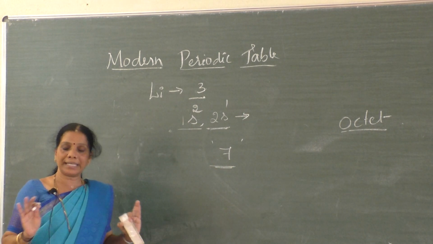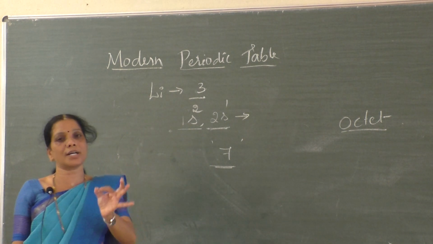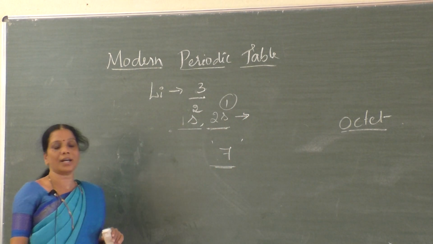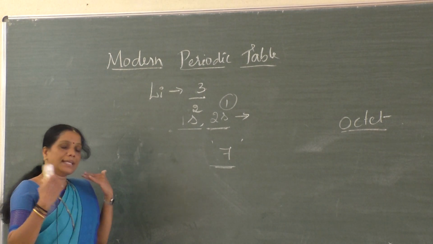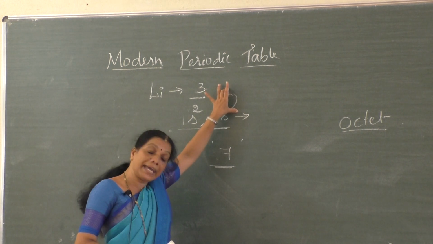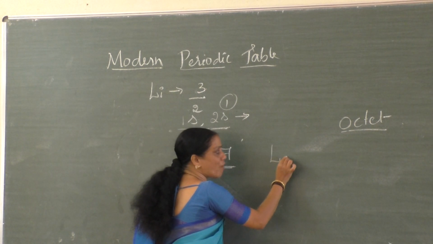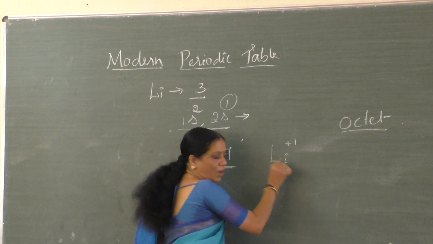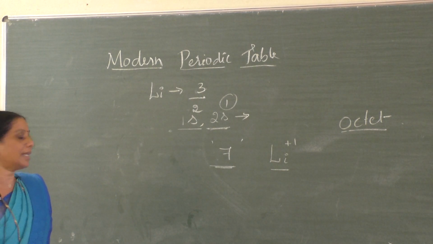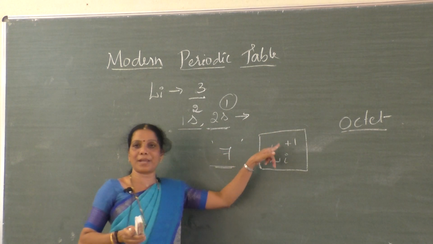7 electrons. But lithium can reach a highly stable state just by donating that single electron, the 1 electron present in the outermost shell. Easily it can donate what? The single electron present in the outermost shell. Hence, usually in compounds, lithium exists in the form of Li+1. In which form does lithium exist? That is Li+1.